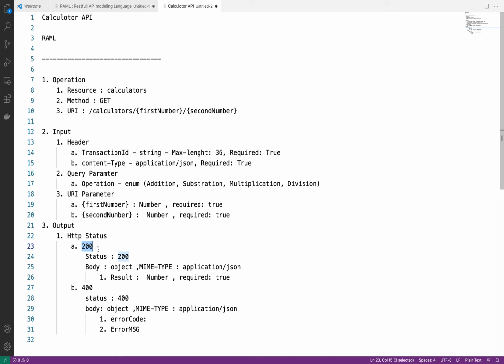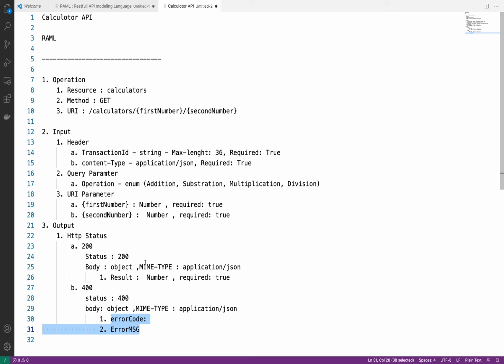All 200 series are related to success. Apart from that, the 400 and 500 series are related to error scenarios. So whenever we have any 400 response, it can be 400 or 401, we will show status equal to 400. Our body will be an object and it will contain two elements, error code and error message.